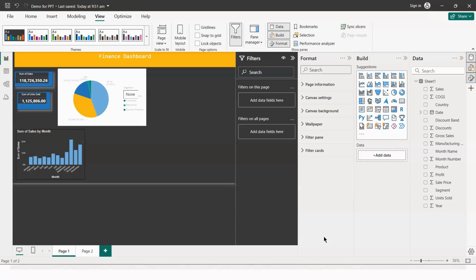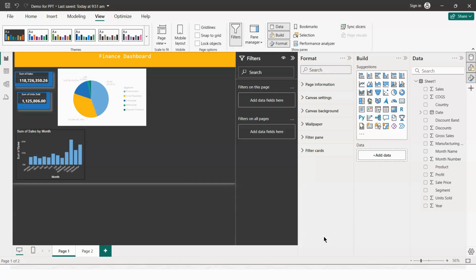We can also go to the model view, and you will be able to see the data in the form of a diagram. So if we had other tables, we are able to create a relationship between them. And as a data analyst, most of the time you find yourself working with multiple tables as compared to using a single table. But here we want to perform some time based calculation or time intelligence calculation. We are going to add a second table,